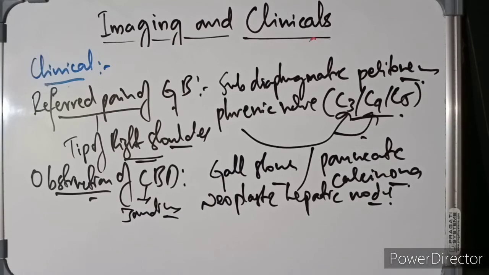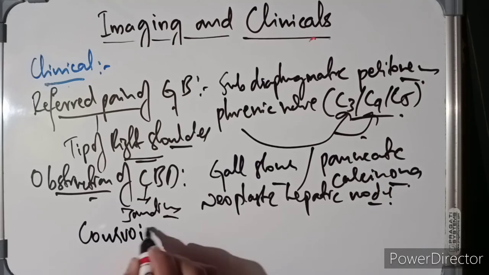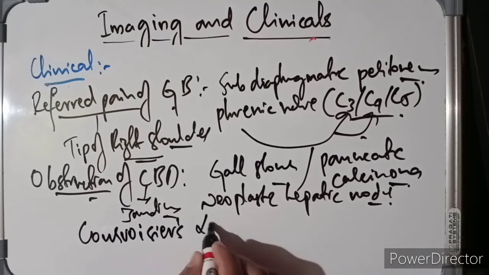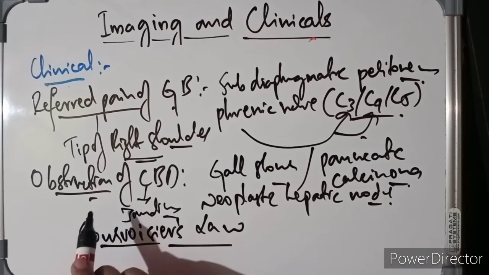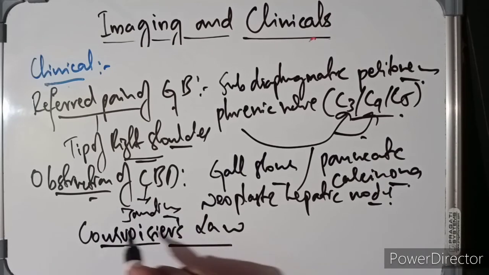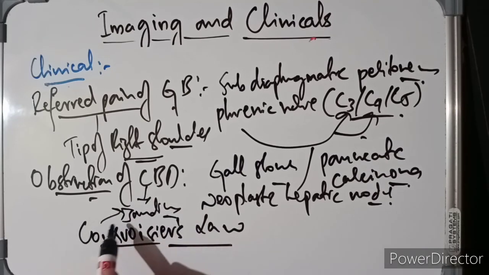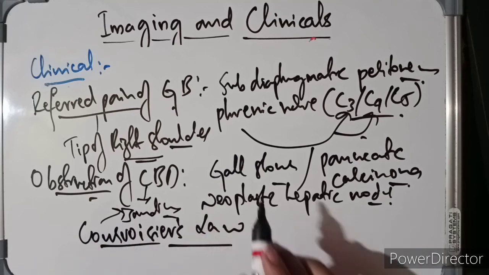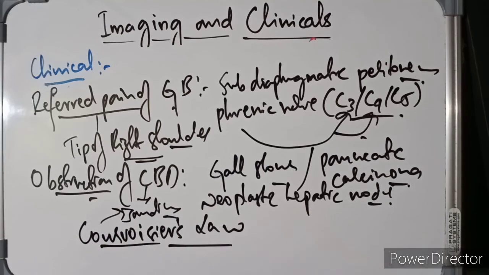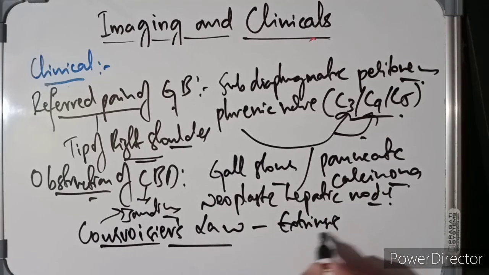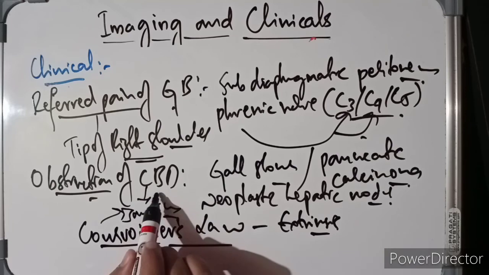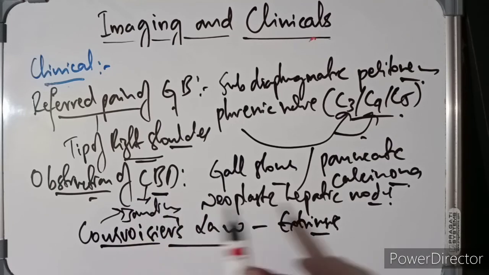I'll tell you something called Courvoisier's law. So what is Courvoisier's law? This law states that obstructive jaundice with a distended and palpable gallbladder is most likely due to extrinsic obstruction. So the person has obstructive jaundice, and if the gallbladder is distended or palpable, it is due to extrinsic obstruction of the common bile duct, which may be due to carcinoma of the head